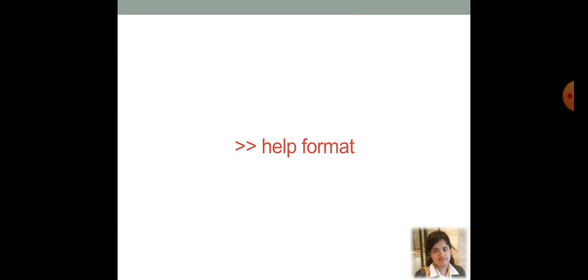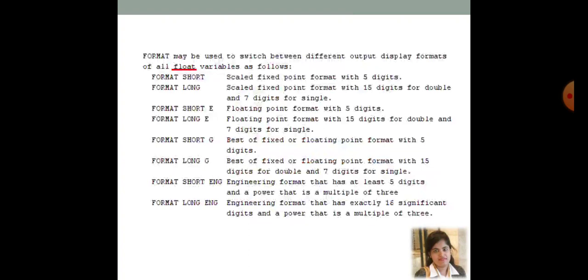After that, you will get the help that shows how different formatting can be done for different types of variables. For float variables, these many formattings can be done.